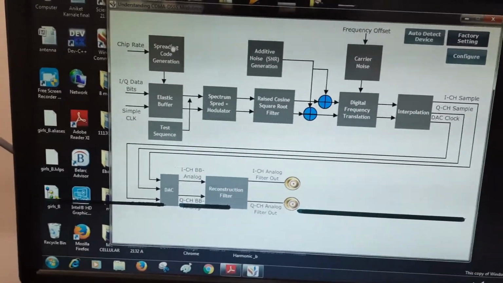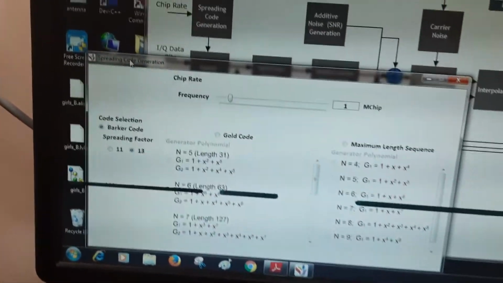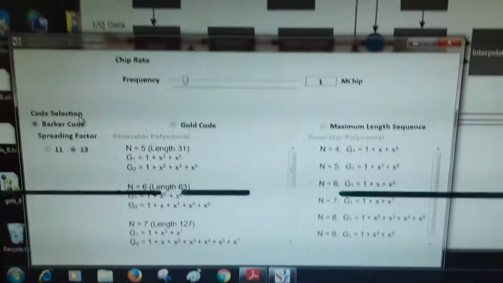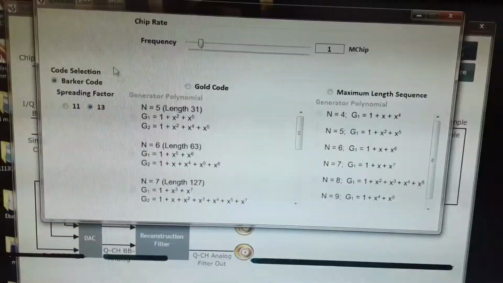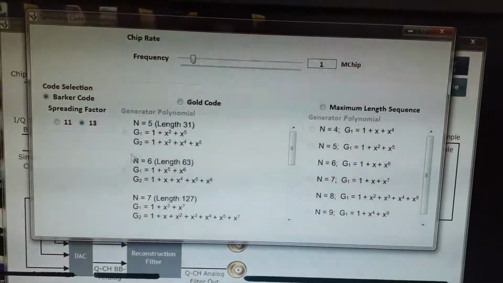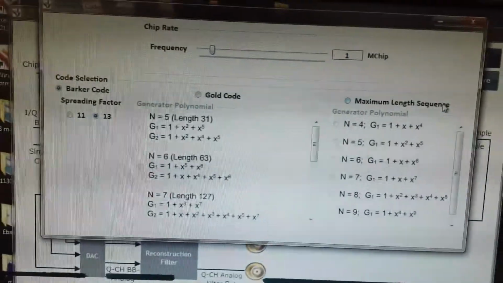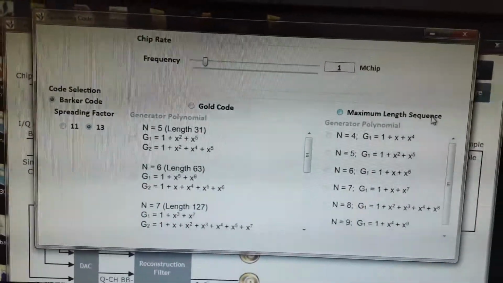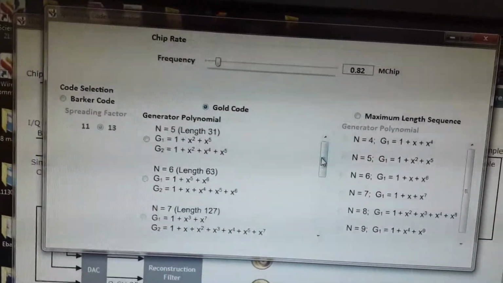Okay, so now we'll set the code, our spreading code. These are the three codes we have available in our kit: Barker code, Gold code, and maximum length sequence code, that is MLS code. For different codes, we can set different chip rates from 1M to 10M chips.